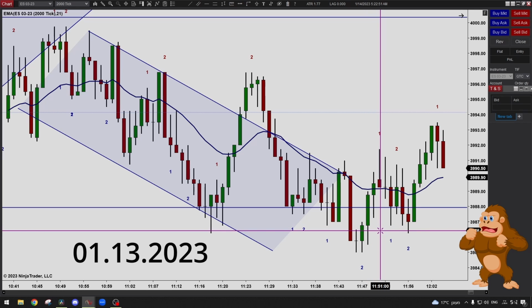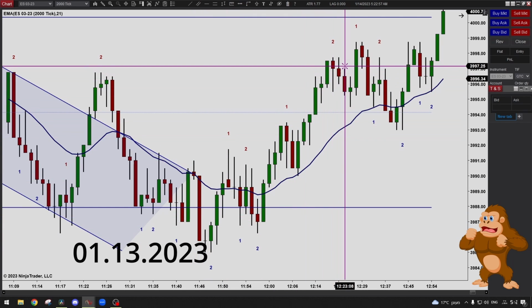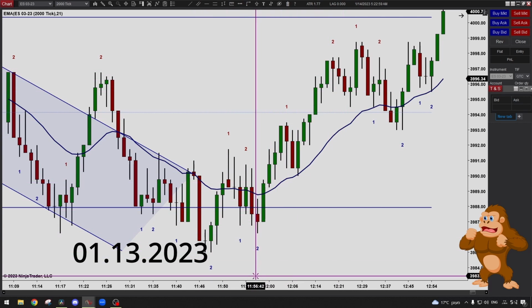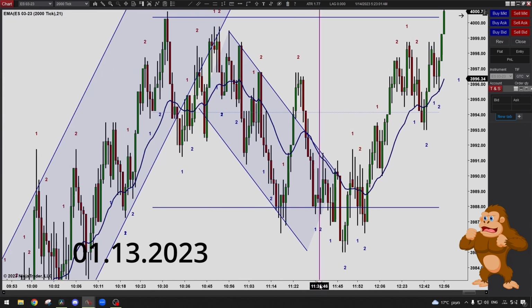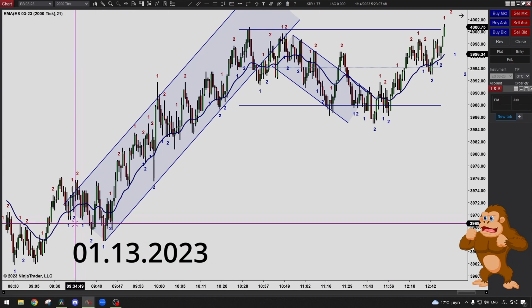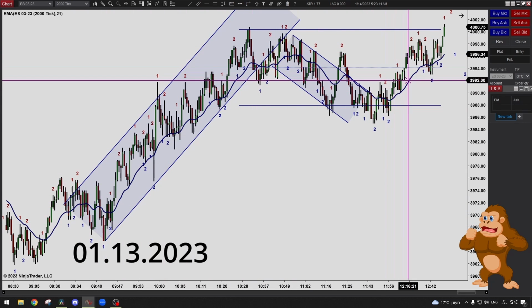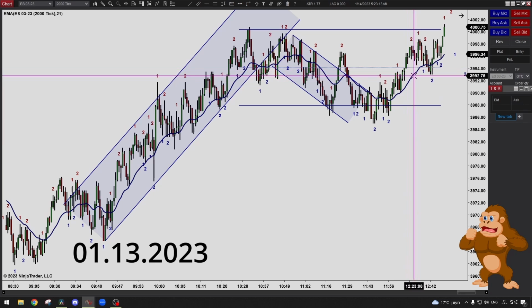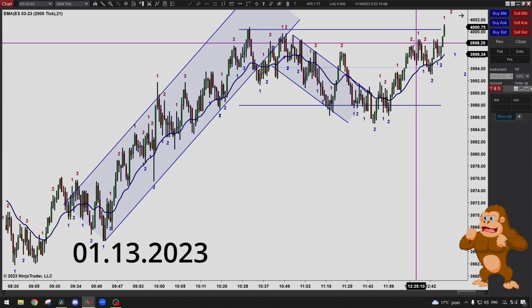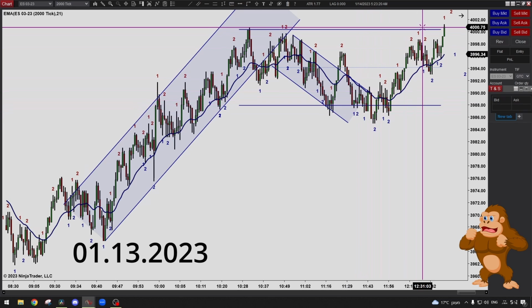I entered here with a limit order for 11 points. And this is a great example of a channel with a break into a range during which we expect the trend to be resumed. So I'm just looking for a reason to fade this range in the direction of the overall